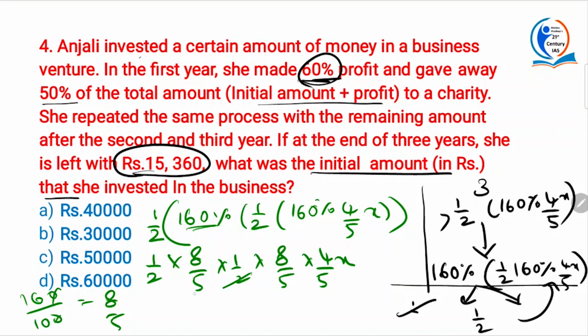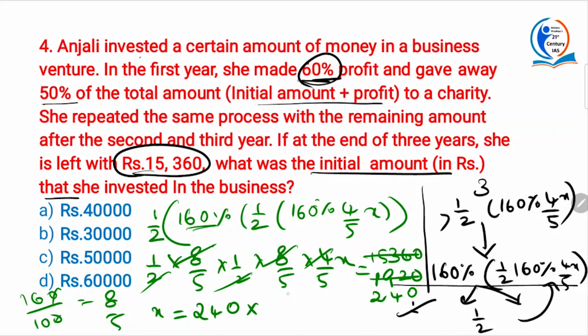All right. So this is equal to how much? 15,360. All right. Now, 8 ones are 8, 8 9s are 72, 1 is remaining, so 2 0. Again 8 table, 8 ones are 8, 8 2s are 16, 8 4s are 32, 0. All right. So X is equal to